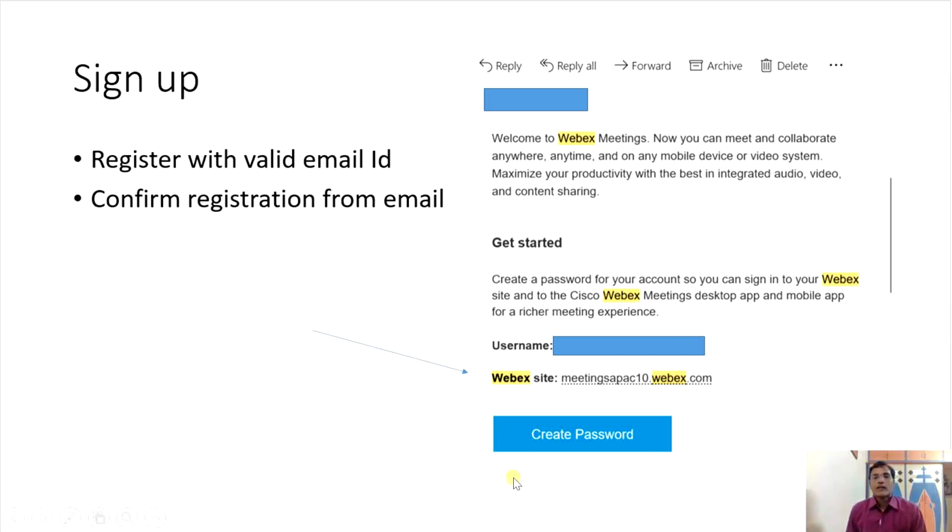So friends, remember, when you receive the mail, the website is mentioned in this mail, so write it down somewhere or copy and paste it somewhere, because many times it is going to require you to register your username and password for the app. Remember, when you receive that email, the website will be mentioned there, the website they have given to us. We are operating the WebEx Meeting app by using this particular address.